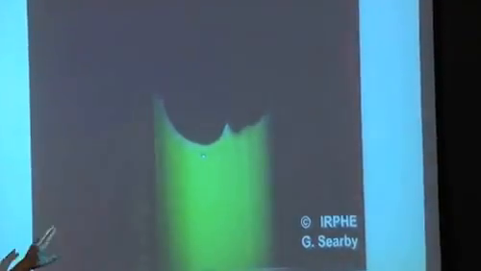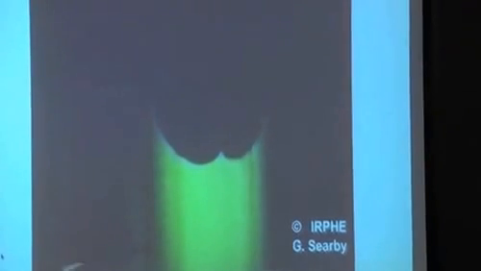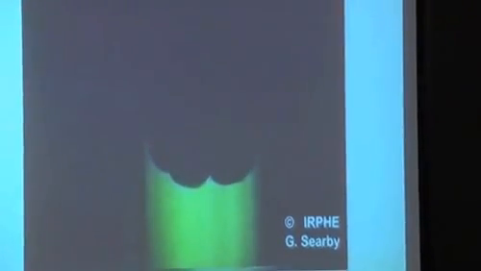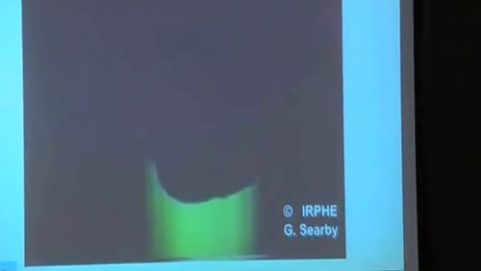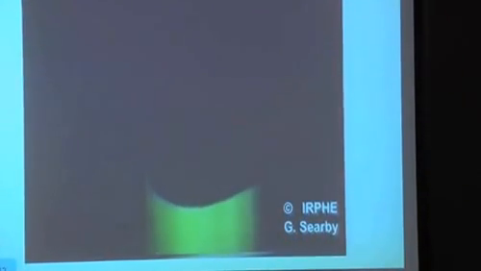Now we're going to look at the flame much more slowly. This is tomography, so you see the flame shape. Now, it has cells here, exactly like the one you saw in the picture of Professor Lowe, but then it gets coupled to the acoustics in the burner. And you see these oscillations are due to the fact that it gets coupled to the acoustics, and the acoustics make it flat, actually.